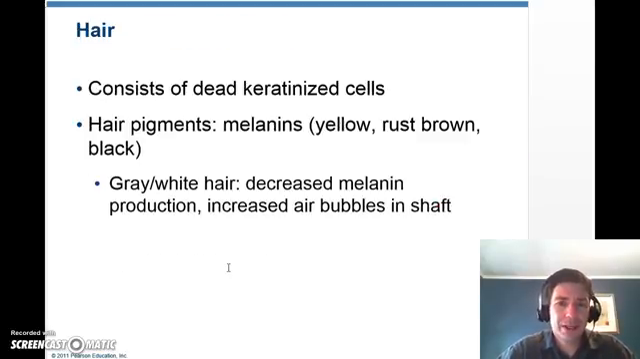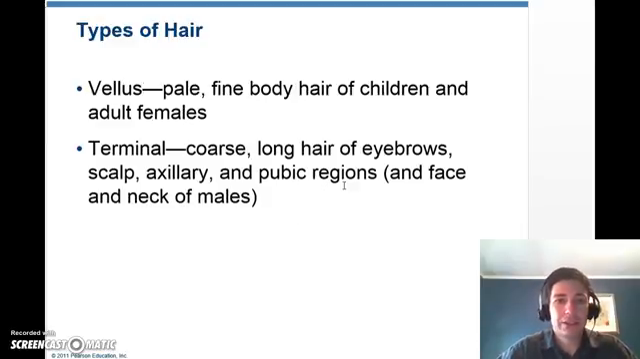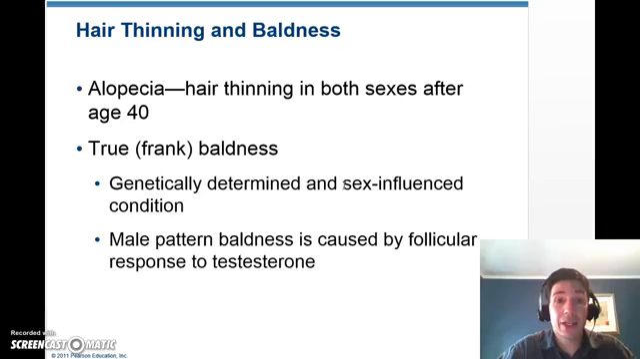Hair, you just want to know, is dead skin cells, and the same pigment that gives your skin color gives your hair color. And then once you stop producing it, you go gray or white. Let's see, we don't care about different types of hair. Thinning and baldness, just know